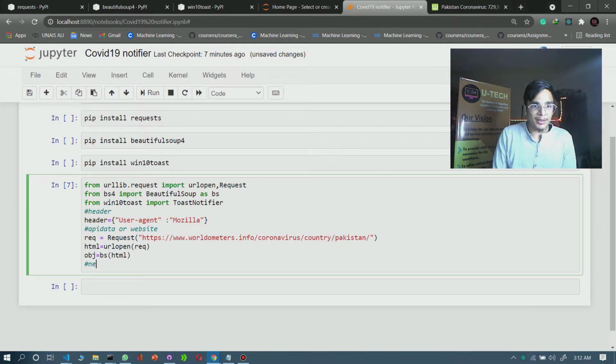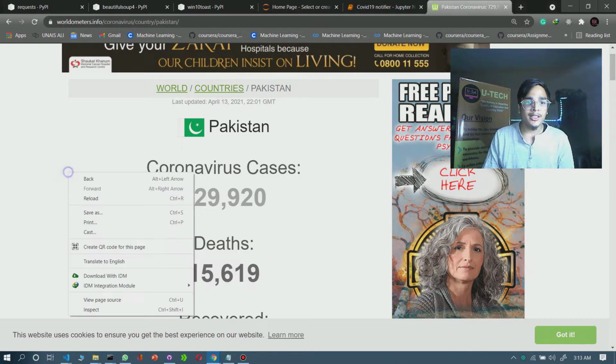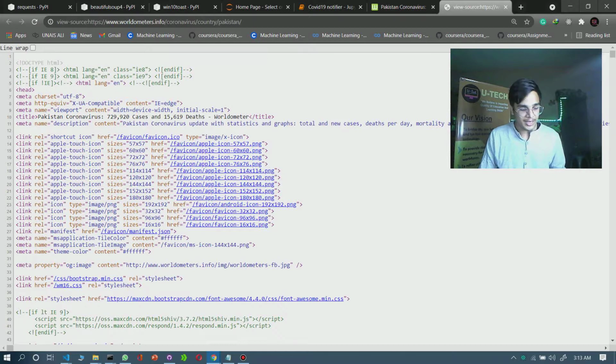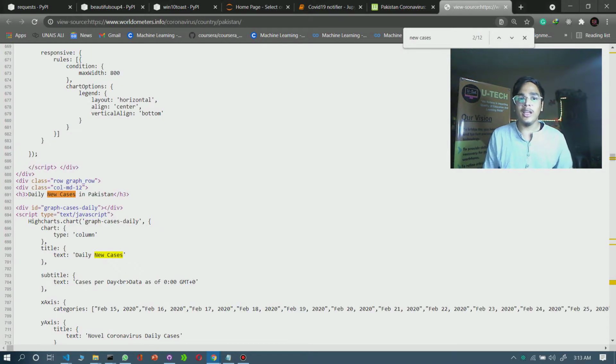So for the web scraping of new cases or active cases, you have to go to this website, Worldometer. Go to view page source and press Control F, find new cases and press enter.